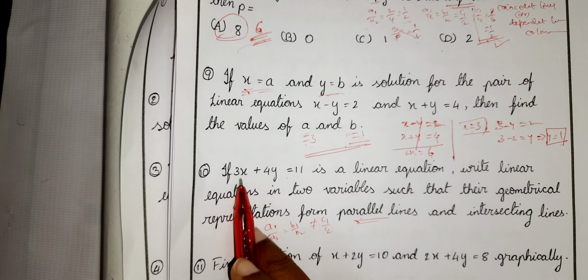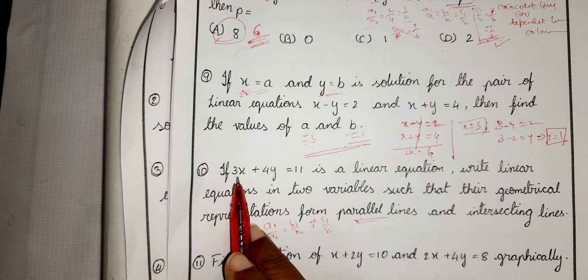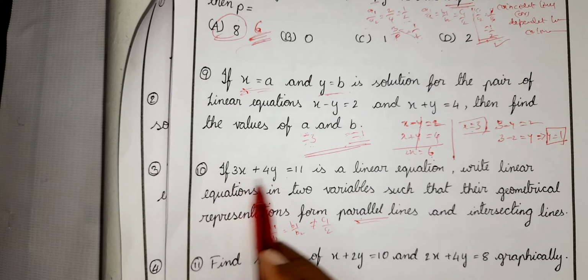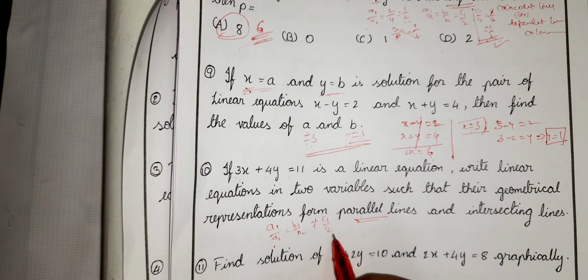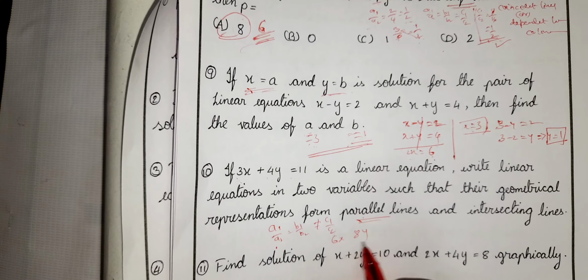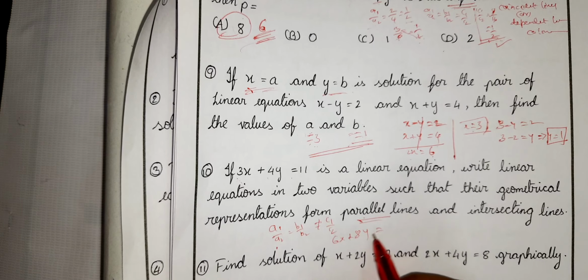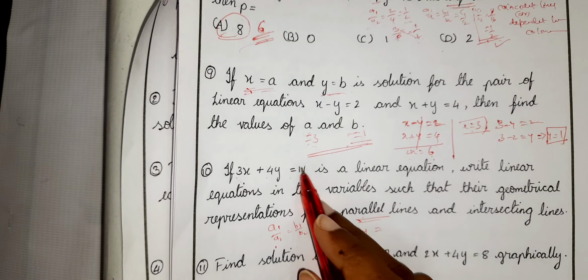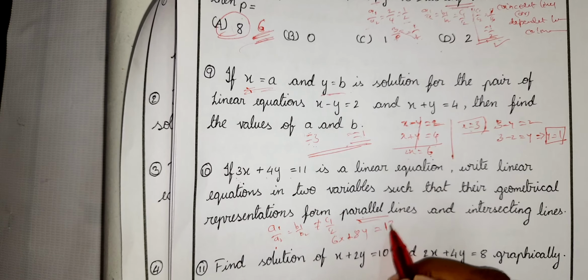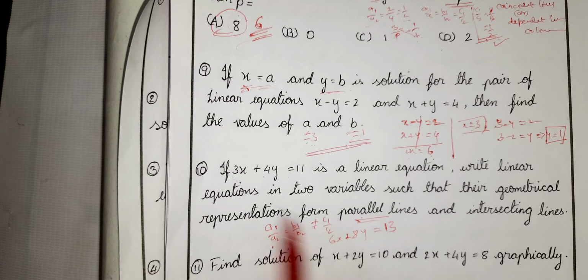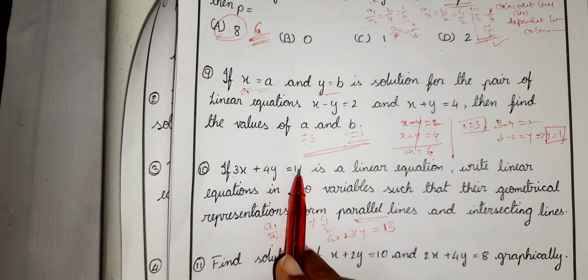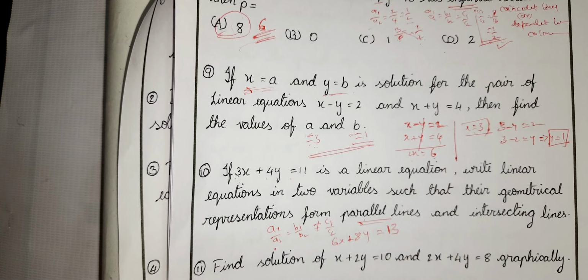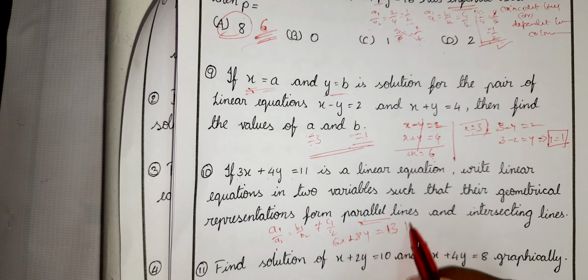Right. So now let me choose A1 by A2 and B1 by B2 such that they have the same common ratio. Suppose I take 6x plus 8y is equal to, but it should not be equal to C1 by C2, so I can take it as 13. Now if you see, A1 by A2 is equal to B1 by B2 but not equal to C1 by C2. So this is the one for parallel lines.